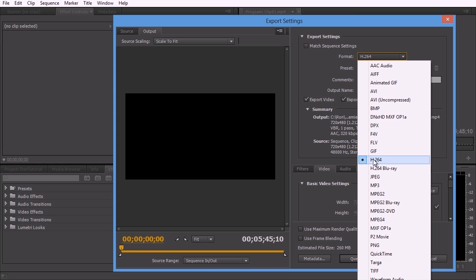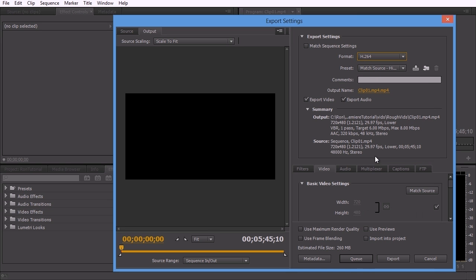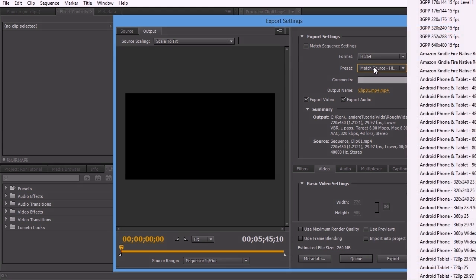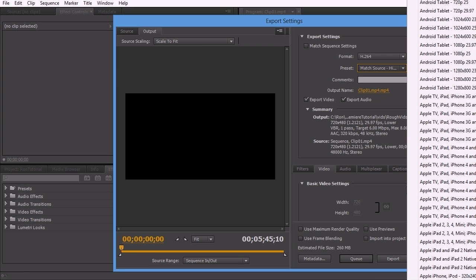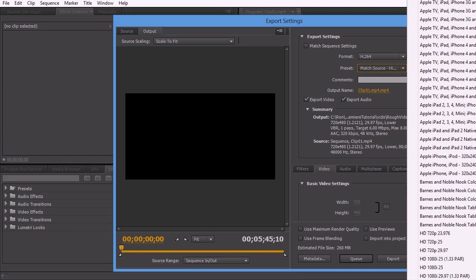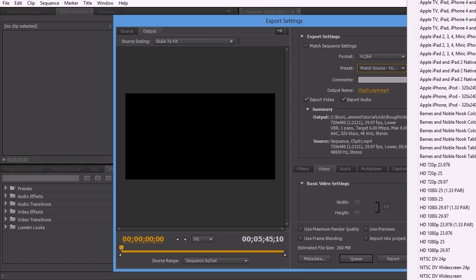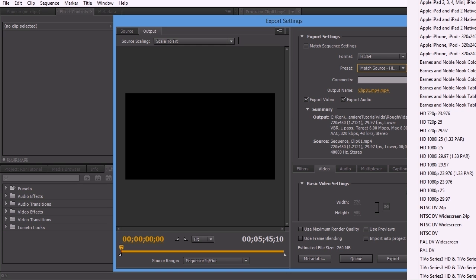So let's say that I'm going to do H.264, which is video. Under presets, I have many presets that are pulling up. Can't even see the whole window. Basically, there are many different options. 3GP is usually associated with exporting to phones or for mobile devices, Amazon Kindle specifically, Android phones. There's also the Android tablet, Apple TV, iPad, iPhone, Barnes & Noble Nook and Nook tablets, HD, various resolutions,